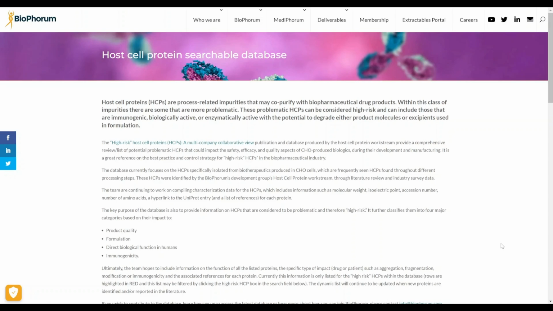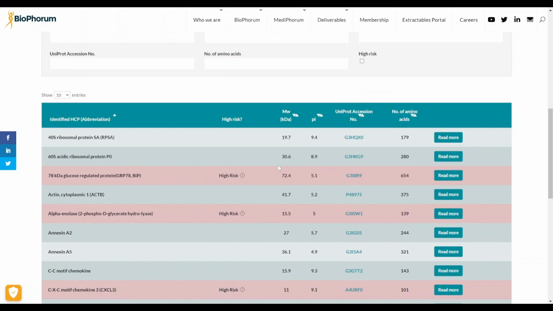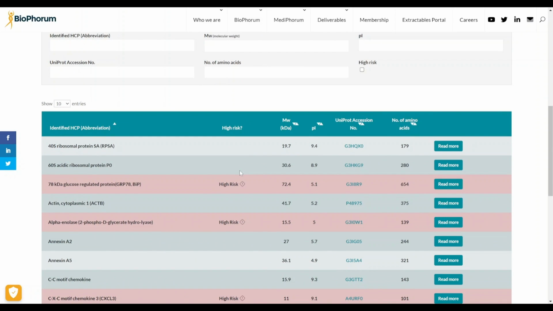Normally the databases are built into the software that comes with the mass spec machine, whereas we obviously don't have any built into our SpotMap software, so you have the freedom to take it to whatever database you want to look at. I like using the BioPhorum host cell protein database because it's searchable, and it also gives you information regarding the risk level of a particular host cell protein, along with academic papers linked to how they've come to that conclusion. So as you can see, if you just access the raw database, now this resource is open to everyone,